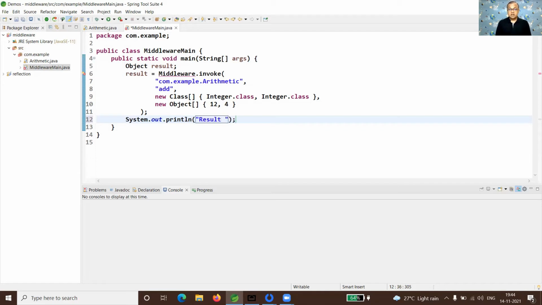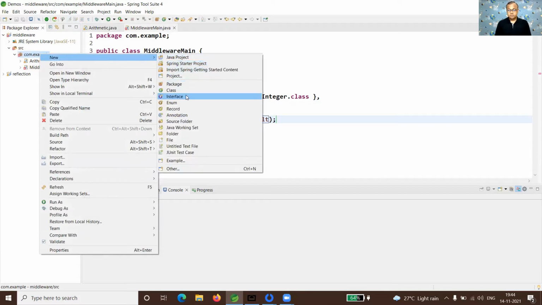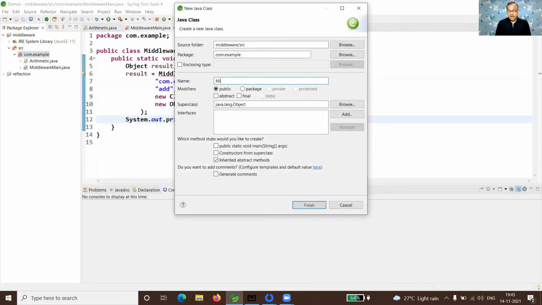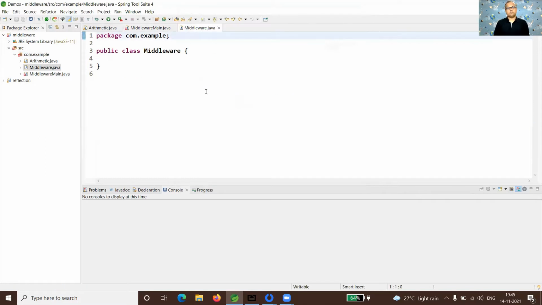But the question is, how do I actually write this middleware component? So here we go. We will be writing a new middleware class, and we want to make it generic so that any class, any method can be called. So we are making it public static